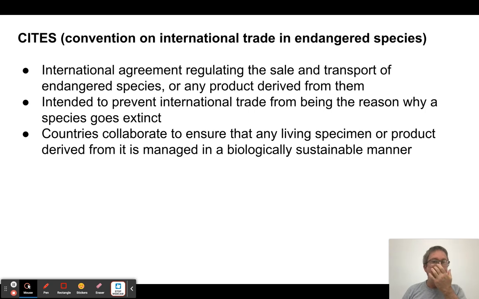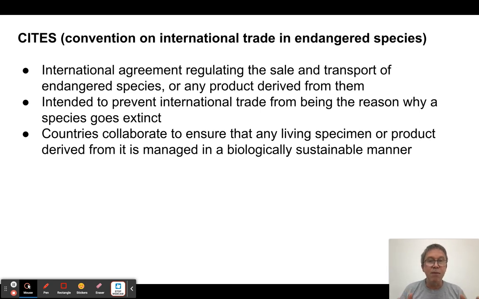But in this case, we're doing it by regulating the international trade in both living specimens of these species or products derived from them. So think like ivory, rhinoceros horns, things like that. Or bird species that people like, like endangered birds from the Amazon. So it says, like, people are poaching these animals in poorer countries and selling them for profit to richer countries. So we're just going to stop that. We're going to say you can't trade in these, and that will make it so that these people in Africa aren't going to hunt elephants. They're not going to hunt rhinos. These people in Central America aren't going to trap parrots. That's the idea behind it. Mixed results, but that's what it's for.